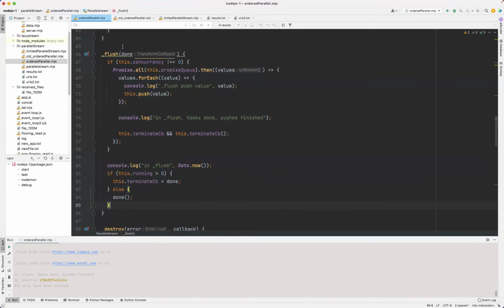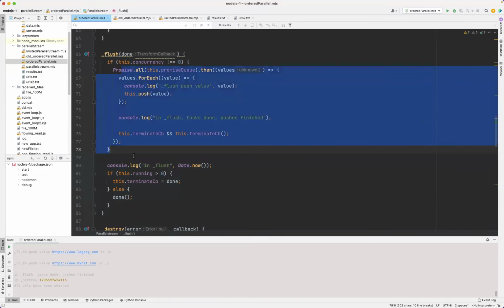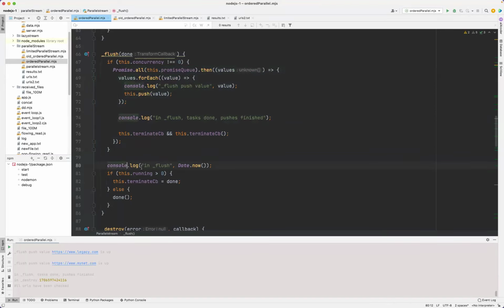So within this underscore flush running, matter of fact, this block will be running first, because this is an asynchronous block, right? So, for example, if this running is greater than 0,